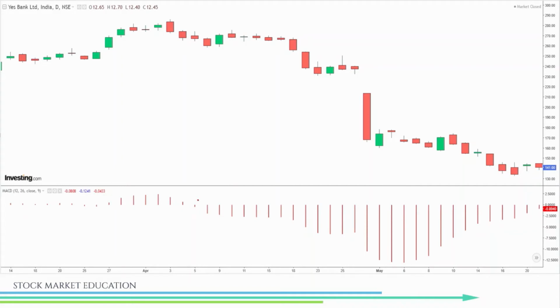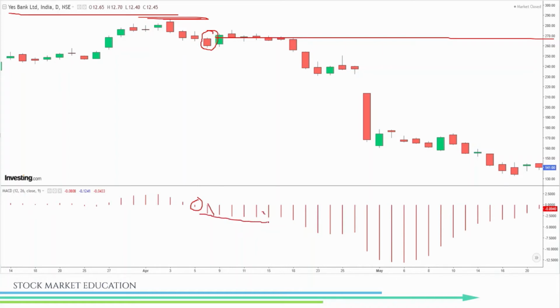So here you can see this was the first candle, and this was a red candle. This was the first bar, rather, sorry. So this swing high is our stop loss, and this is a chart of Yes Bank daily which was around 270 rupees. After this, if you see the length of the bars, it just keeps on increasing, and somewhere here the bars get reduced. So here you can book your profits at this sideways price action.